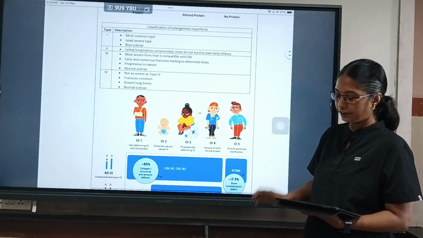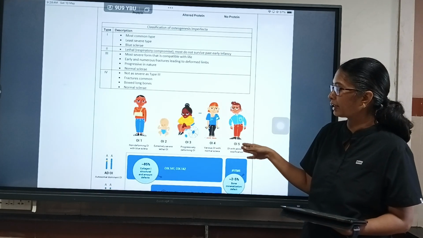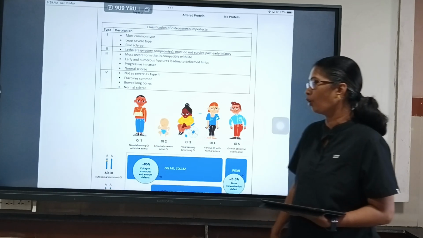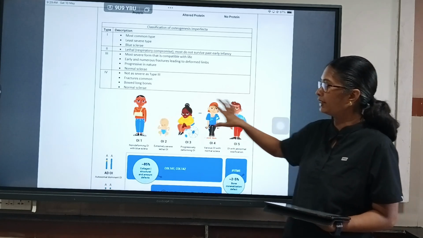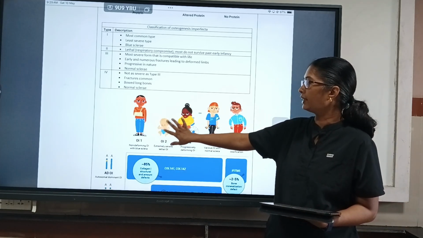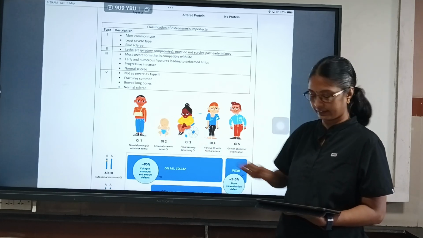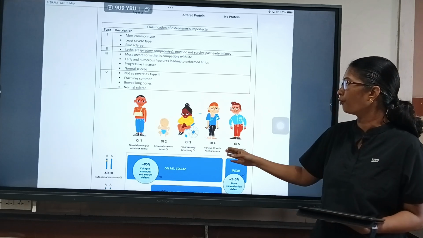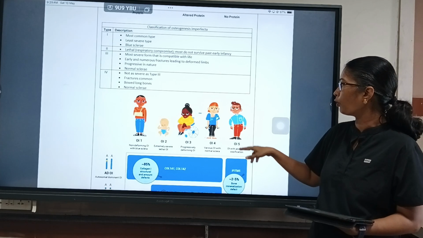So how do we classify osteogenesis imperfecta? We have 4 types, almost 5 types here. The first type is non-deforming OI with blue sclera. They have blue sclera and multiple fractures. In the second type, the infant doesn't grow and there is a lower survival rate. The third one progressively deforms. The fourth one has multiple fractures but no blue sclera. In the fifth, abnormal ossification happens.